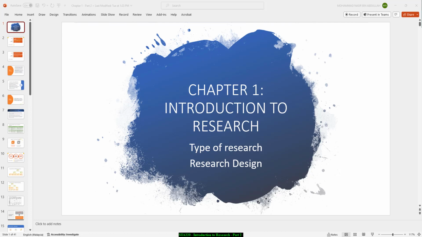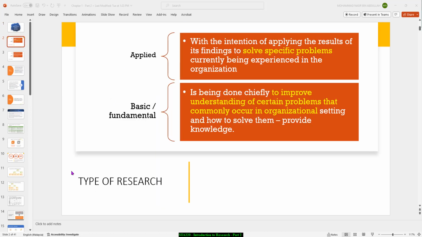So now for today, we're going to look at this type of research and research design. Okay, so there are two type of research available. Right, we can classify research into two parts. First is applied research. Another one is basic or fundamental research. So basic is